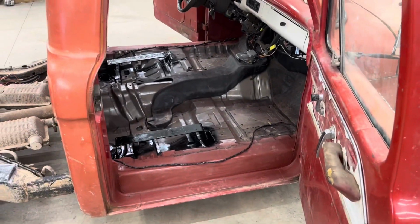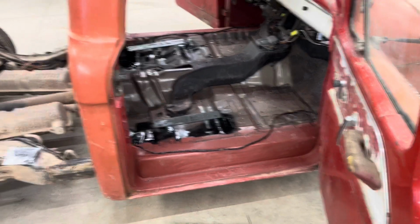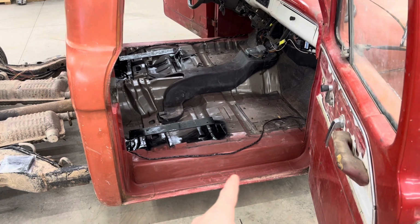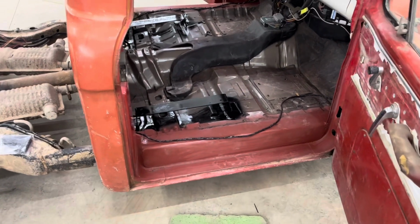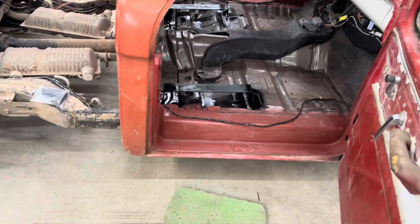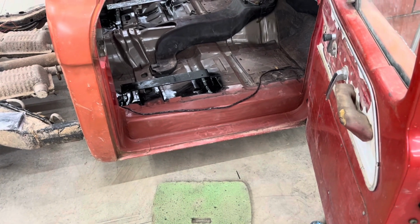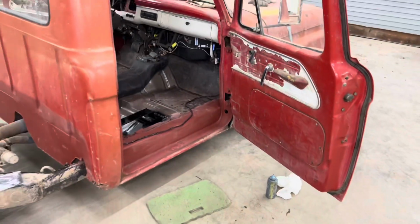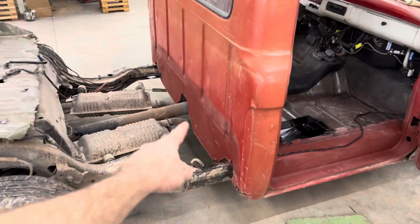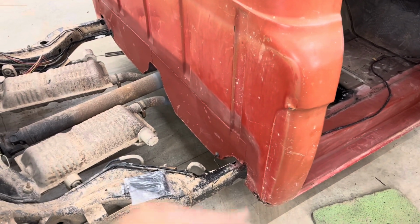Well, I made a ton of progress in here. And first off that you can see is I sprayed red oxide primer in the wheel wells. I was trying to find some paint that would match good. And it was my dad's idea to find some red oxide, so he went and picked up a can, and yeah, I beat it up a lot, which I'm gonna beat it up some more, but at a quick glance, it looks great. Sprayed some on the back also to cover up the, oh my gosh, you get it,